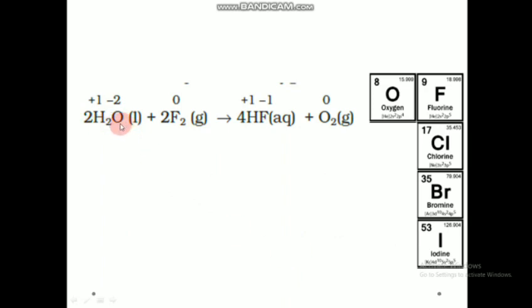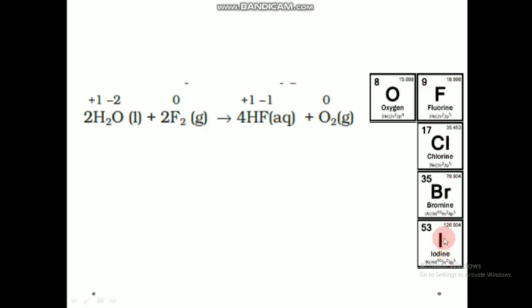Oxygen substitution is not as easy as what we told about hydrogen. Some elements like fluorine can substitute oxygen. When we are substituting oxygen, which has a -2 charge, fluorine should be able to accept electrons better than oxygen. Being the most electronegative element in the periodic table, fluorine will be able to do that.